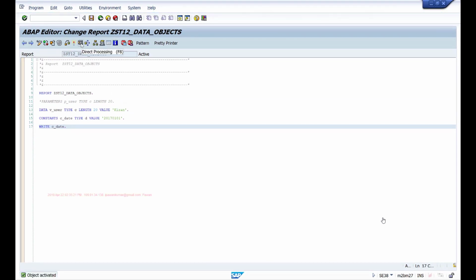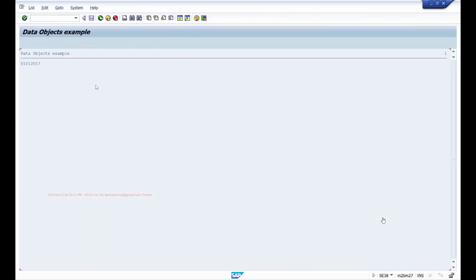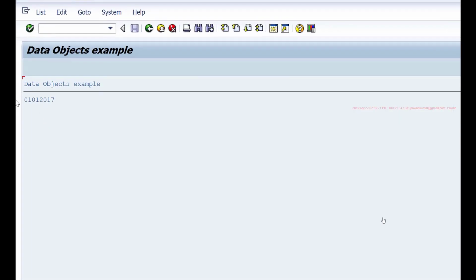If I execute this program now, you can see it is printing that date in the output. And as I said in the previous session, there is an internal and external format. So the date has been converted to external format, and we've also seen that type D field has output length as 8. The length was 8 and output length was also 8.